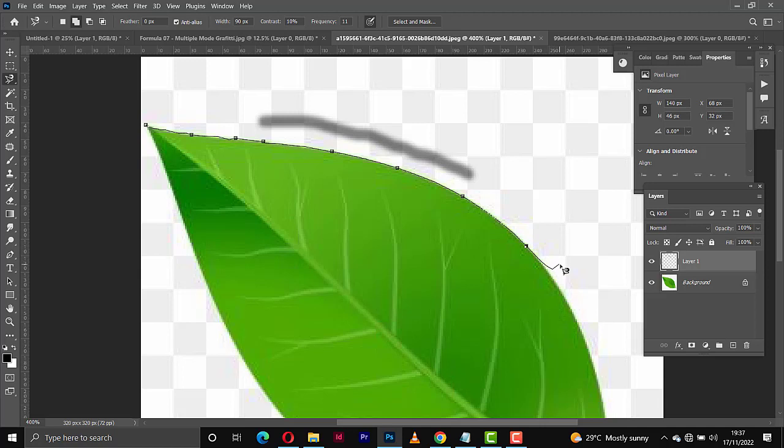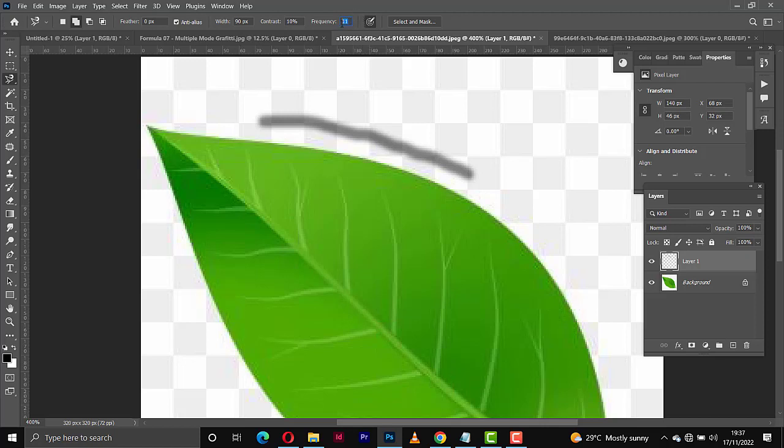Now the last one I'll talk about is the frequency. The frequency is the number of points Photoshop creates for you automatically. As I was moving this one, now this frequency is at 11. If I move this one, Photoshop will just automatically create a point for me. Look at this. Photoshop is just creating a point for me, but the distance between each point is too wide. So if I need a lot of points, what I will do is change this one